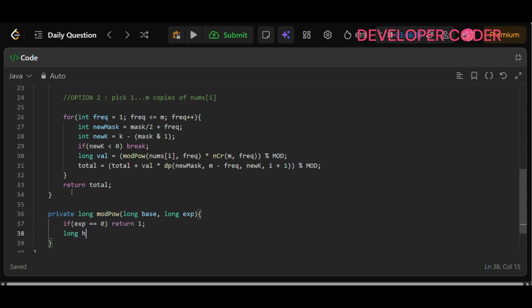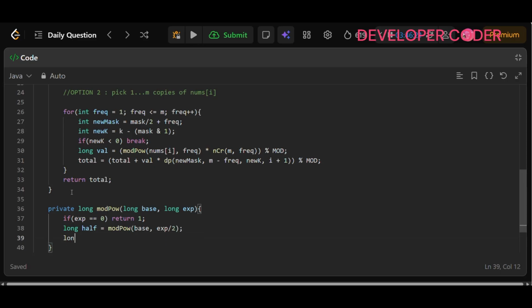And here you have to calculate the half, which is nothing but, again I'm going to call this method modPower, right? Modular power. And here I'm just going to write base, and here exponent divided by 2, right? And here, how I'm going to operate my result. So long result is equal to half into half I have to do, that's it, right? Half into half, okay? And you have to just do the mod with modulo,